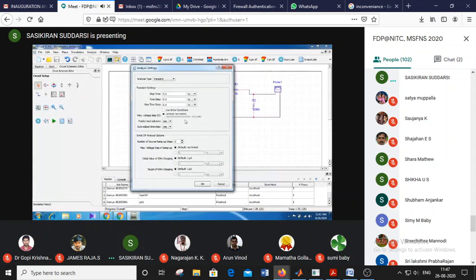For the transient analysis, first set the scales here. So I'm setting it in microseconds.